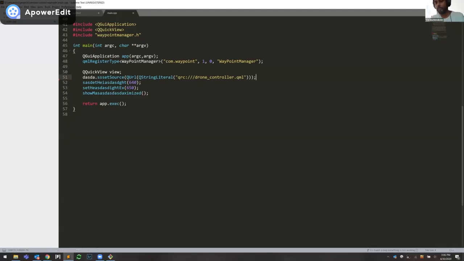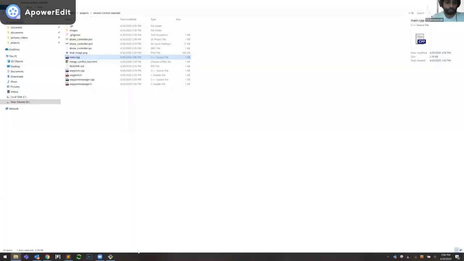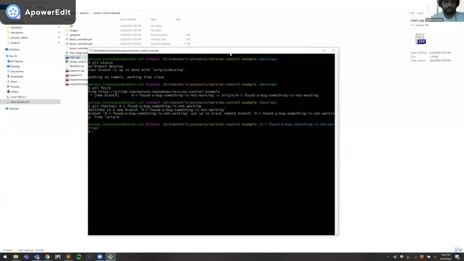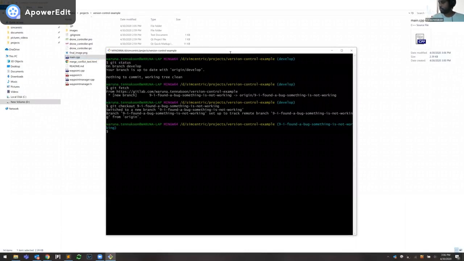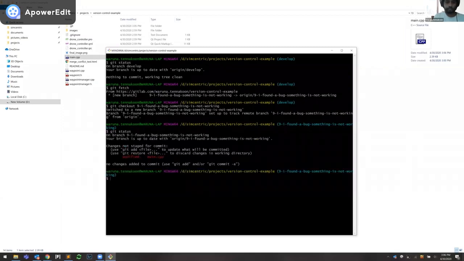So let me assume that I have fixed the bug for the demonstration purpose. Let me go back to this. Okay. So now if I type git status, it shows that main.cpp has been changed.